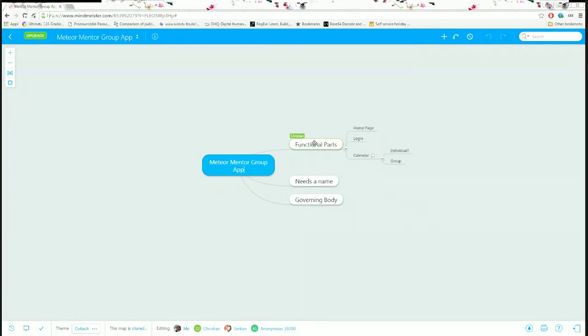So I've said here functional parts. So what do I mean by that? Well, that's a very high level view of all the things that will go into our app to make it work. I've put here needs a name. So we'd like to call it something, and here's a good place where you can very quickly